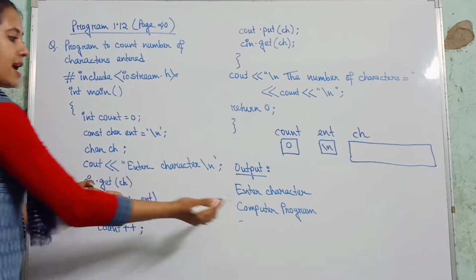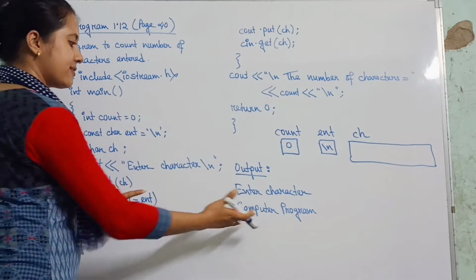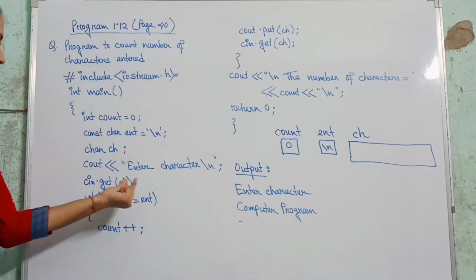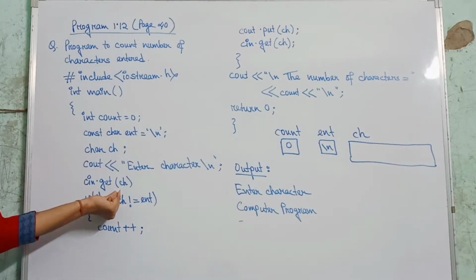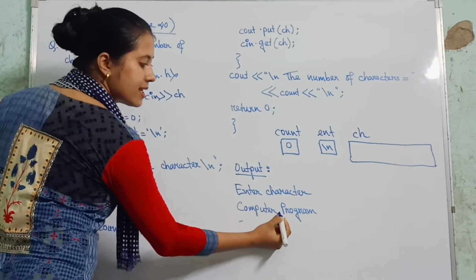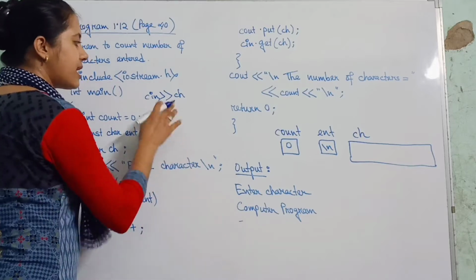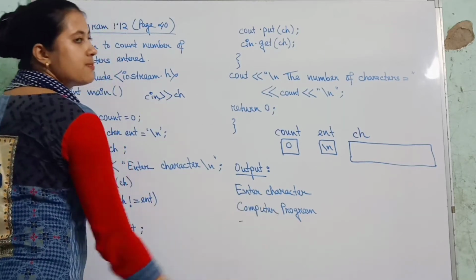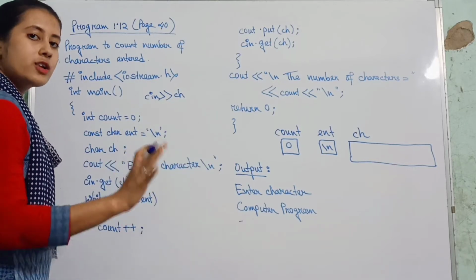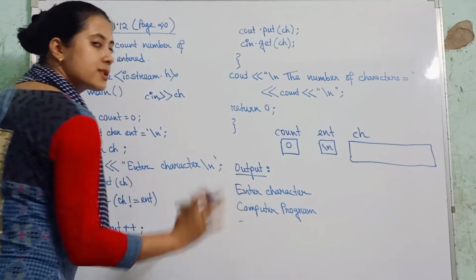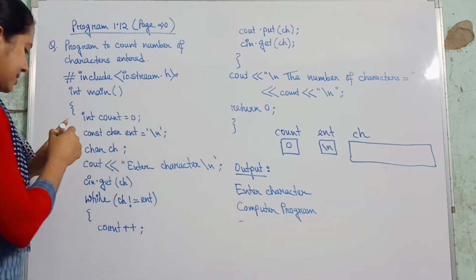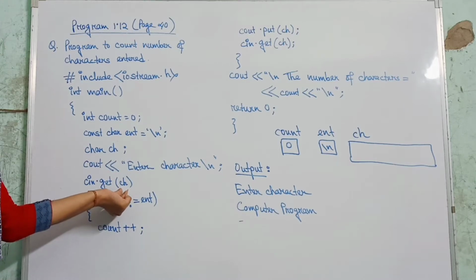Cin get ch means it will extract this value from the keyboard and put it into ch. Now you see why we have used this get ch. We can also use cin ch, but here you see one blank space is there. So what will happen if we use this one? It will ignore this blank space. So our result will come out to be something else. It will not be a correct result because this space must also be included in our count value. So that's why we will not use cin ch. We will use this get ch function.